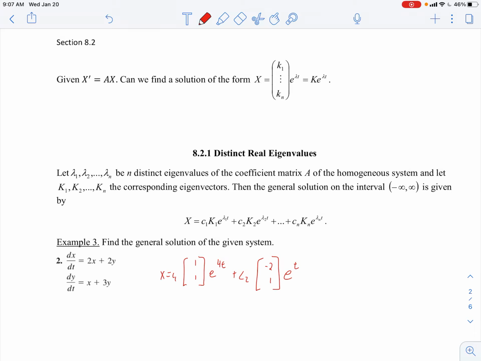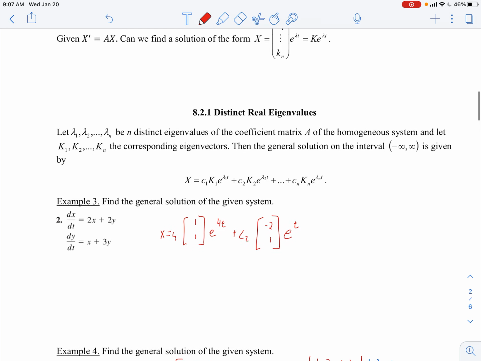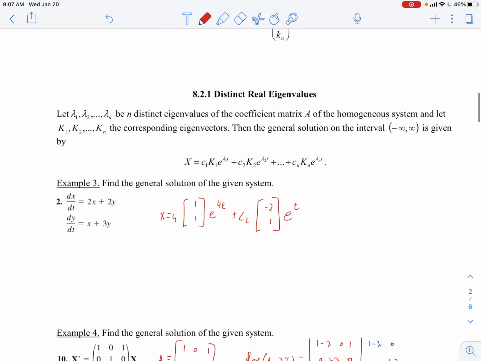So now we're going to talk about what if we get distinct real eigenvalues. So each eigenvalue that we find is different than the other. There's no repeated eigenvalue, and there's no multiplicity of solutions for eigenvalues. So if we have distinct eigenvalues of the coefficient matrix A of the homogeneous system, and let k sub 1, k sub 2, through k sub n be the corresponding eigenvectors, the general solution on the interval from negative infinity to infinity is given by